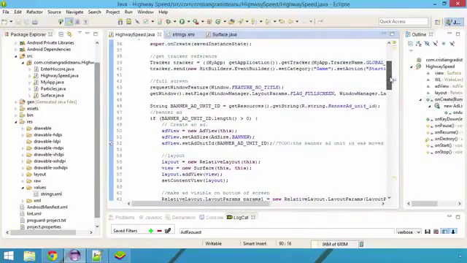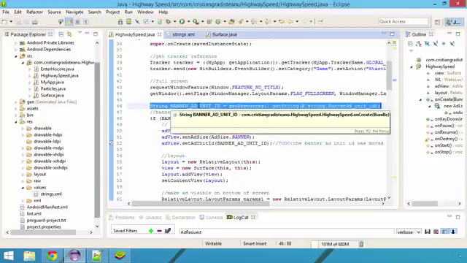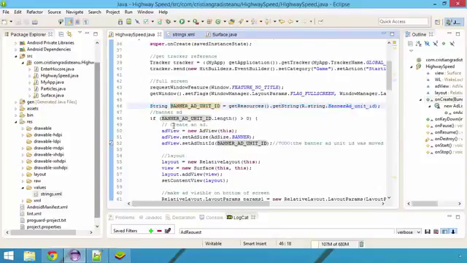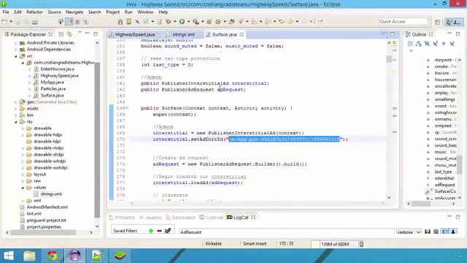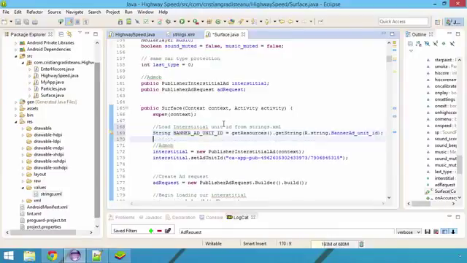Then let's take a look at the implementation of the banner ad in our game. So we open the highwayspeed.java file and on line 46 we read our banner ad unit ID from the strings.xml file and we use it on line 52 to set the ad unit ID. We will need to do something similar with our interstitial ad, so I will copy this line that retrieves the ad unit ID from the strings.xml file and will paste it in my surface.java file just before we initialize the